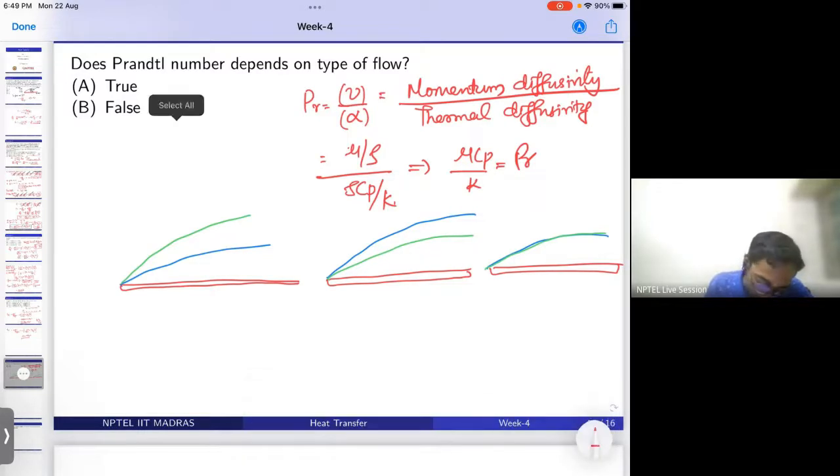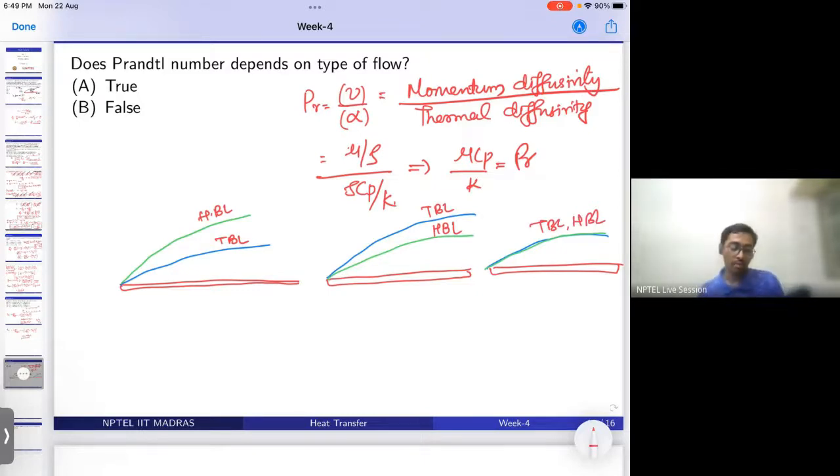Okay, so this is the thermal boundary layer, this blue one, and this is the hydrodynamic boundary layer. This is the thermal boundary layer, and this is the hydrodynamic boundary layer, and in one case both boundary layers